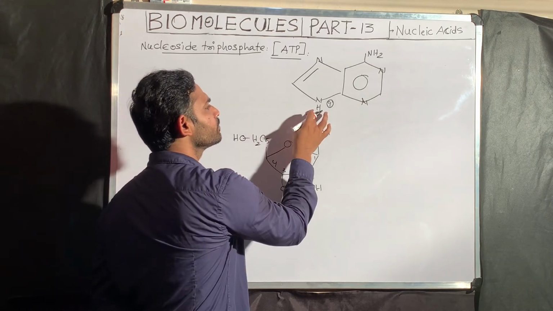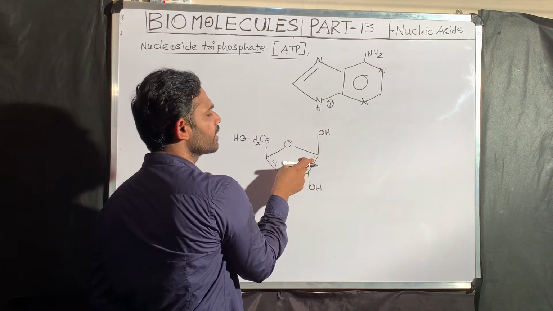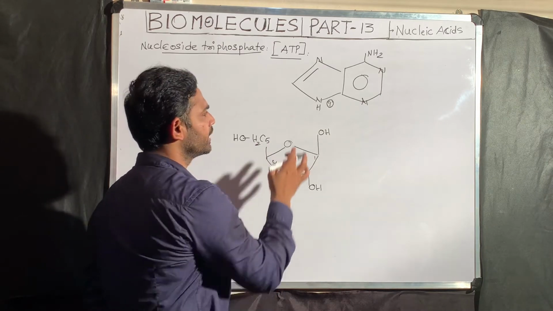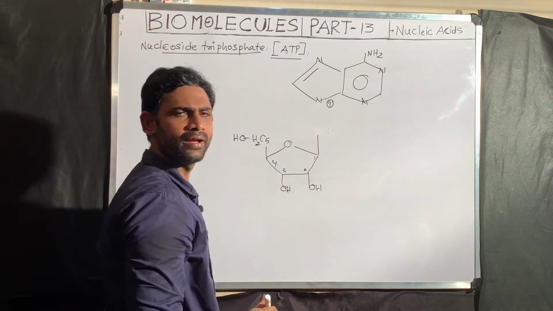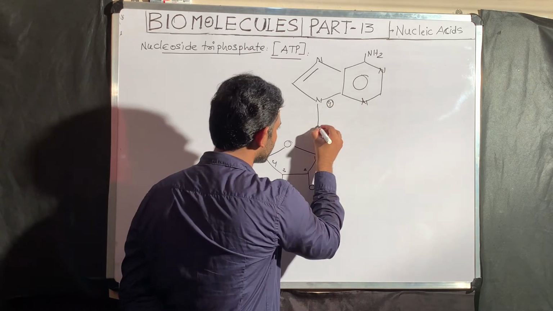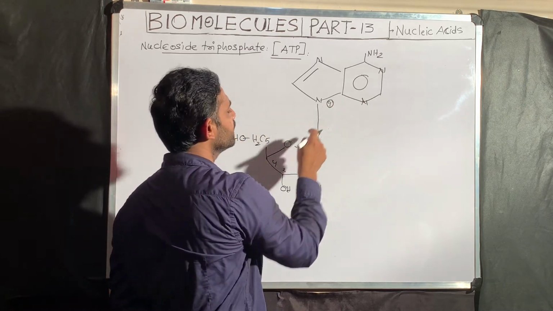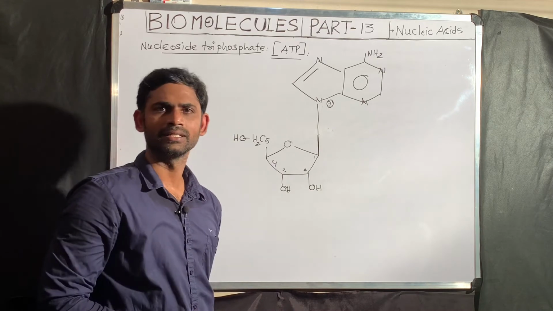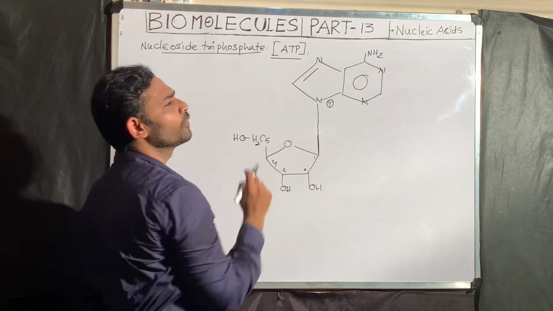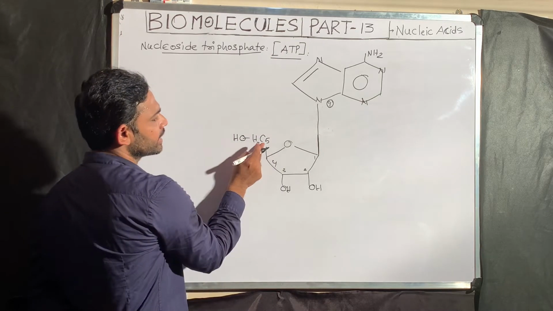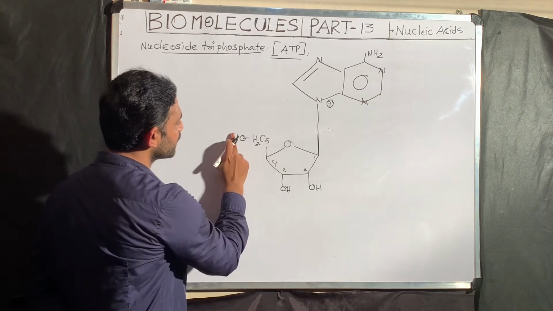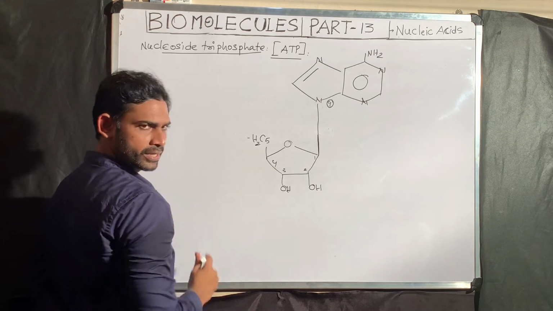Now this is adenine, this is a ribose sugar, what we know. Here at the 9th position is a hydrogen. Here the first position OH group is upside. So here this H and this OH are removed as water. See this one: adenine plus ribose sugar together is called adenosine. The next one, what do we need? Triphosphate. Here the 5th carbon has an OH group, which is removed as water with the phosphate.